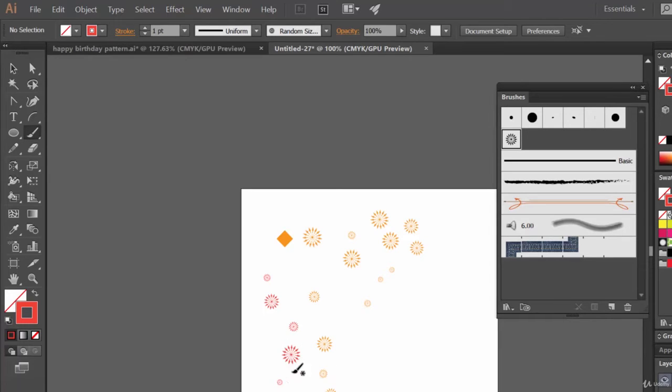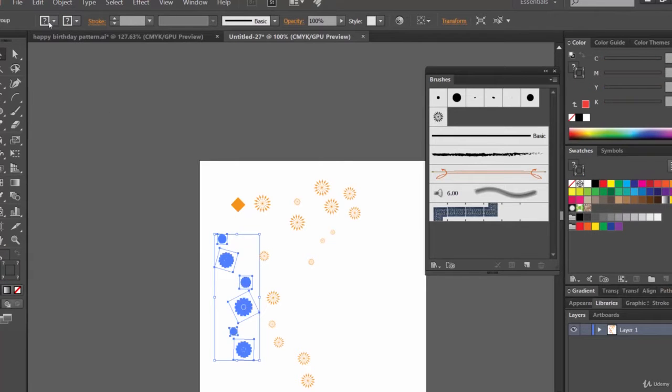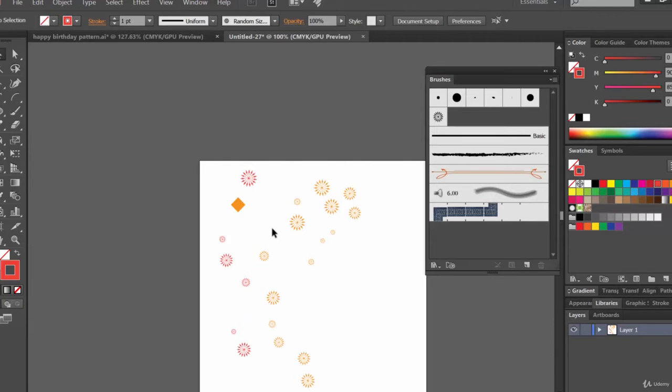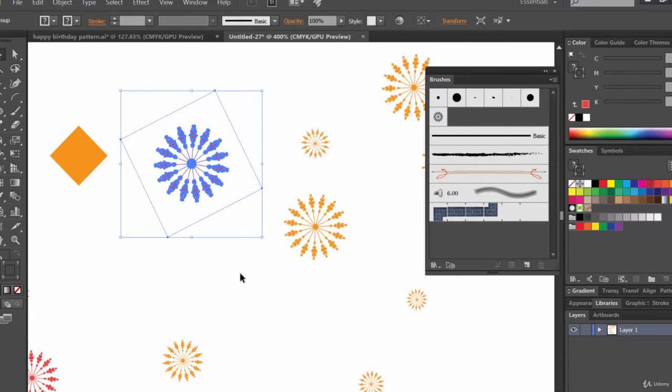And let's say we want to work on this flower, and again we need to select it, go to Object, Expand Appearance, go to Object, ungroup it, and try to select this one, and there you go. And now let's move it here, and let's delete this one because we don't want to work on it, and we want to work on this one, right? Now again let's zoom in, and yep, let's increase its size a little bit.